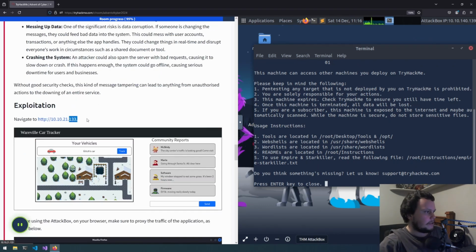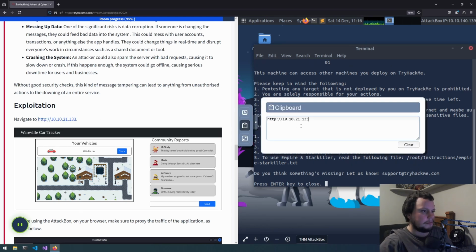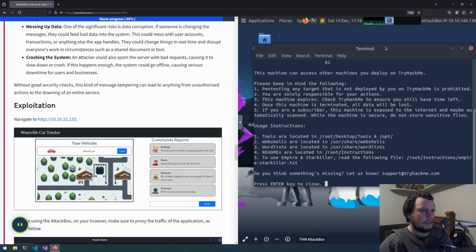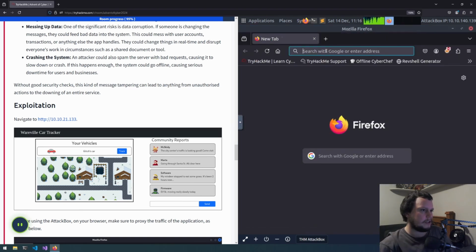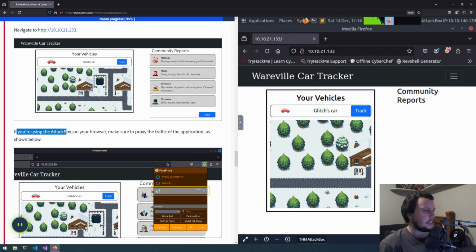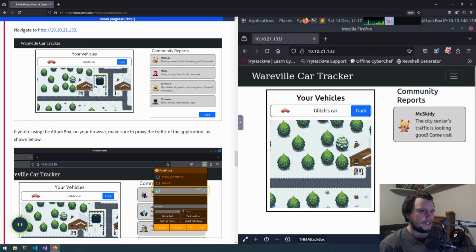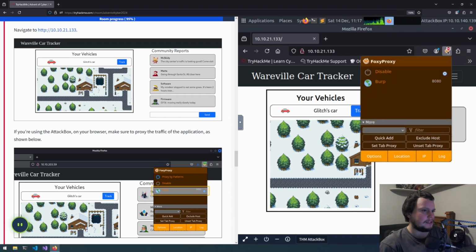We will be going to this web address, which is the IP address of the virtual machine for this challenge. So copy that, put that into your attack box, then we will open up Firefox. We will then go to that link, and if you're using the attack box on your browser, make sure to proxy the traffic of the application as shown below. So it wants us to go to the Burp Suite extension, select Burp, and if you see that dot here,